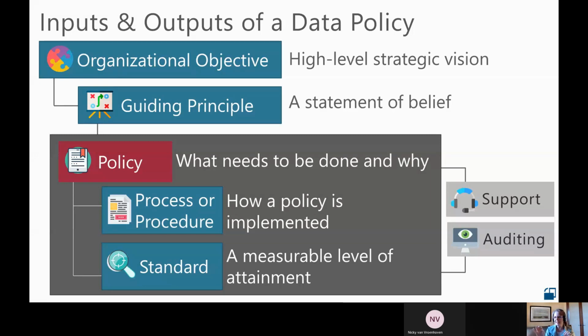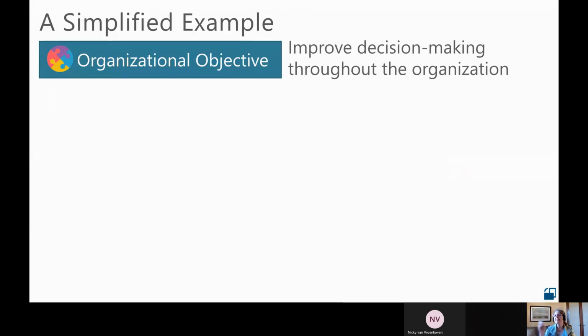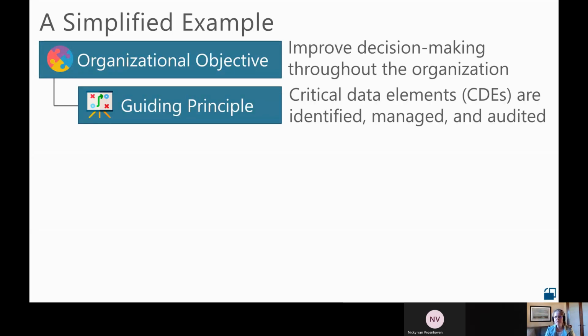So let me give you an actual example of what I mean by this. Let's say we have an organizational objective of improving our decision making, right? We want to be more data driven, that kind of thing. And so we've identified these critical data elements, and we know that we need to take certain actions with them in order to manage them most effectively.